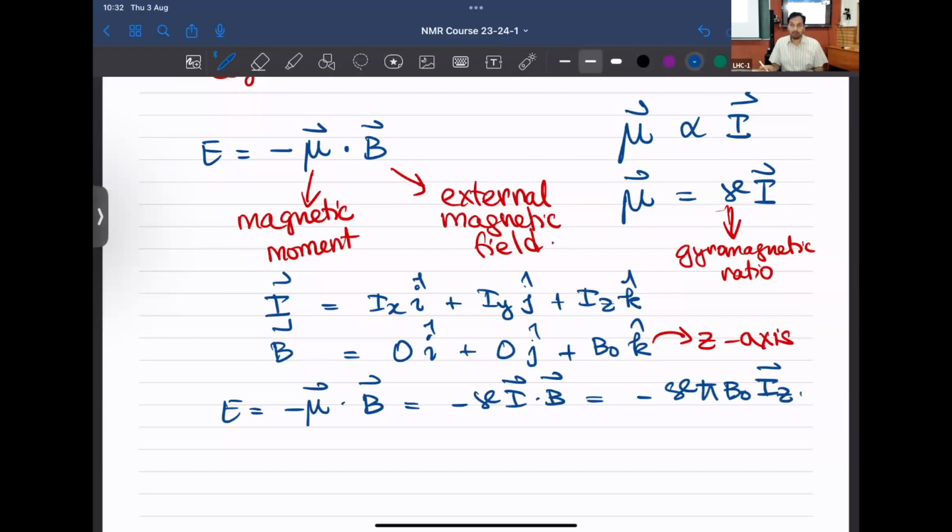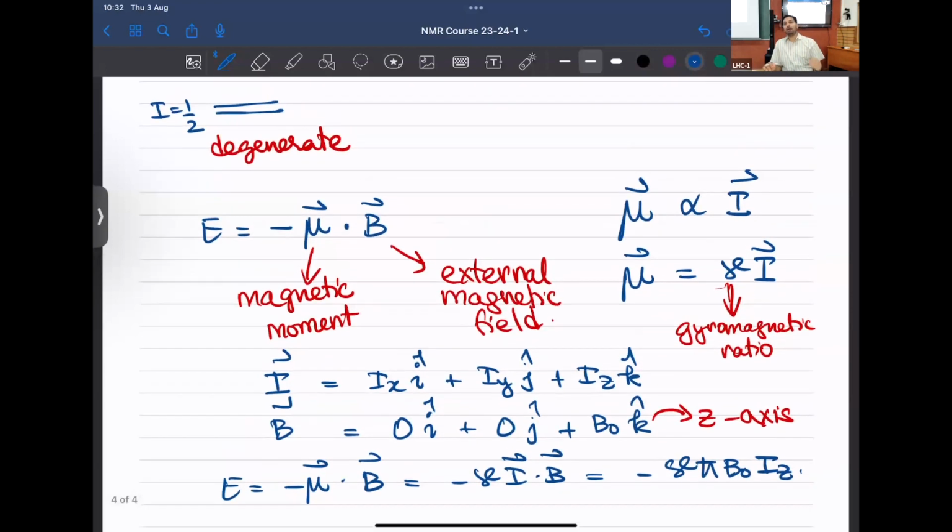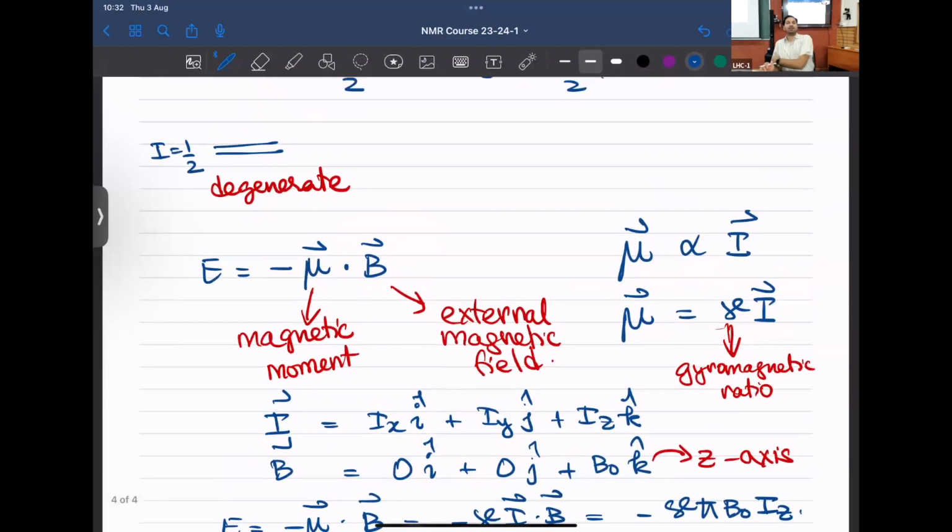Each of this, of course, I can't put a vector on top of it because it's no more a vector, you've taken the dot product, right? But it'll actually pick the Z component of the spin state you're trying to look at. So therefore, what we are immediately able to understand is that a given spin half has degenerate spin states of